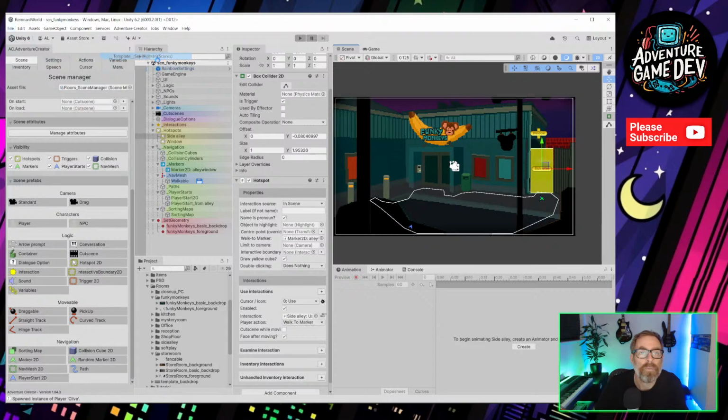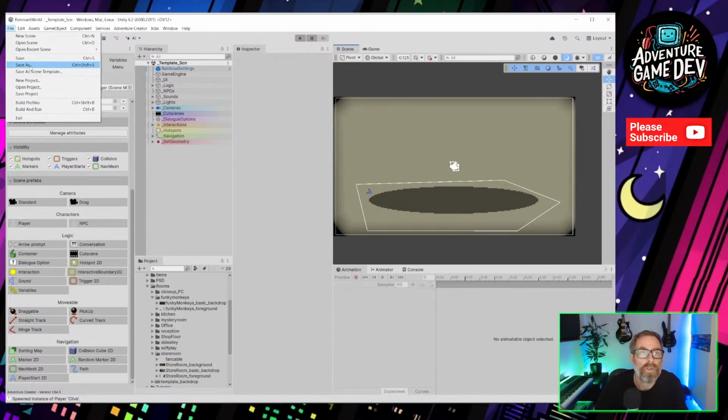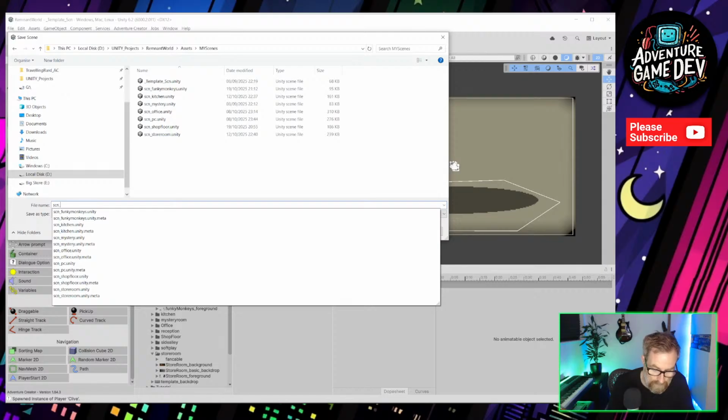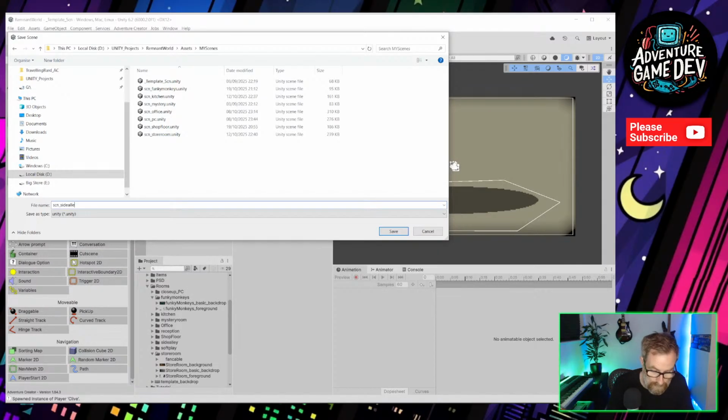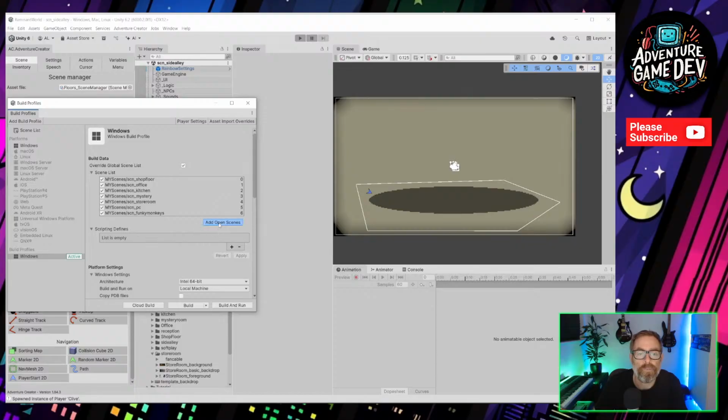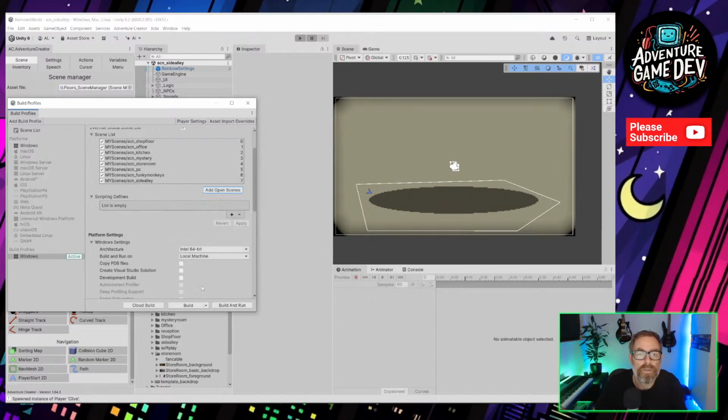We'll open our template and then we'll save that as my scenes, scene side alley. Let's just create this scene for now. Save it. Add it to the build profile. So you've got scene side alley so it can be referenced.